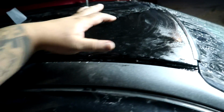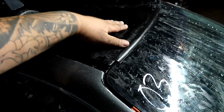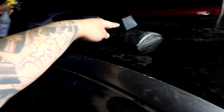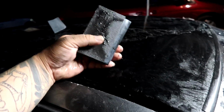And what we're doing is we're sanding it off. He's doing the majority of the roof with 1,000 right now, and I'm hitting the biggest spot with the bag. I went down to 1,000. Didn't do it. 800 didn't do it. I went down to 500 right there. Went down to 320. These are 320. Still wasn't cutting it quickly, and right now I am rocking the 220 wet,